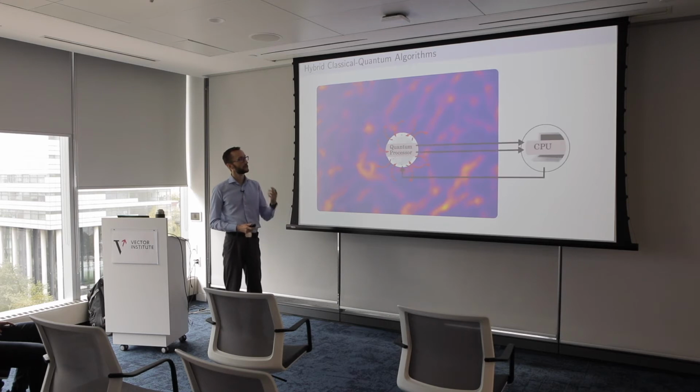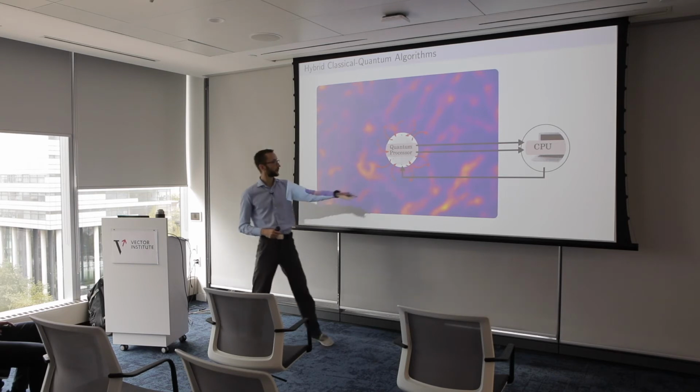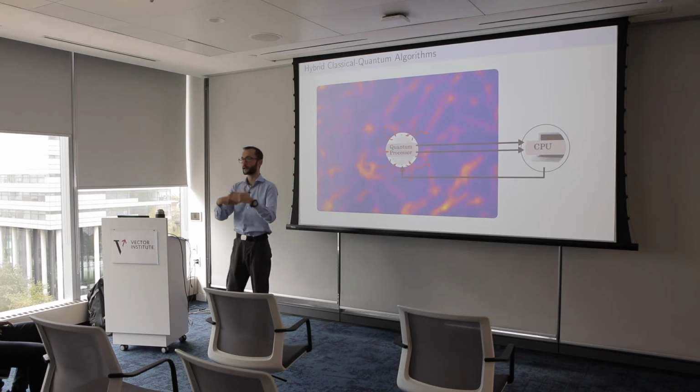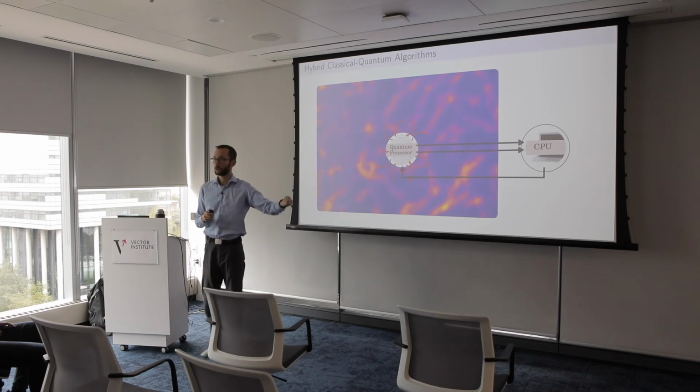So the model that we have today is this hybrid classical quantum algorithm, where you do a very short calculation on the quantum chip, and then you measure things out. So you extract classical information, you post-process it with a classical processor, and then you tune some parameters, and then you go back to the quantum processor, and then you keep going back and forth. So this hybrid paradigm is what's going to exist for the next 3, 5, 10, maybe even 20 years. Keep just a short calculation on the quantum computer and do a lot of post-processing.